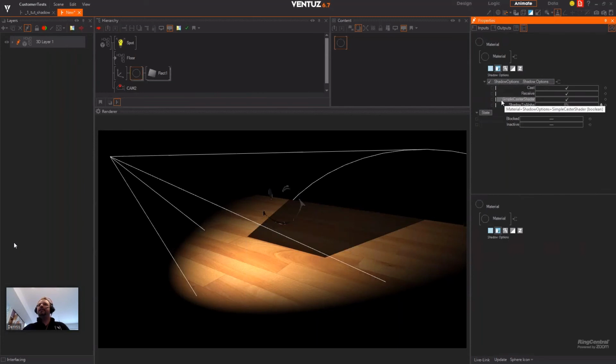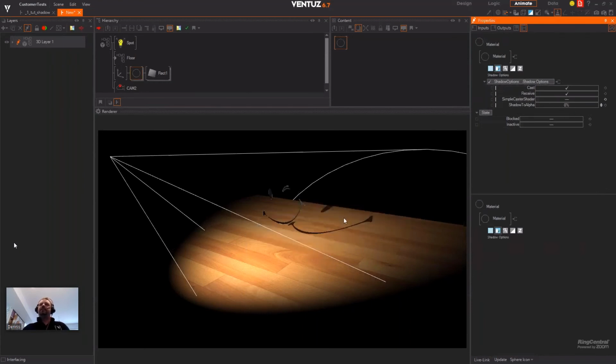And here is, my friend, the simple caster shader. You want to disable this simple shader. Whenever you do so, you see that you throw now a correct shadow on the floor. Another thing why I mentioned this small trick